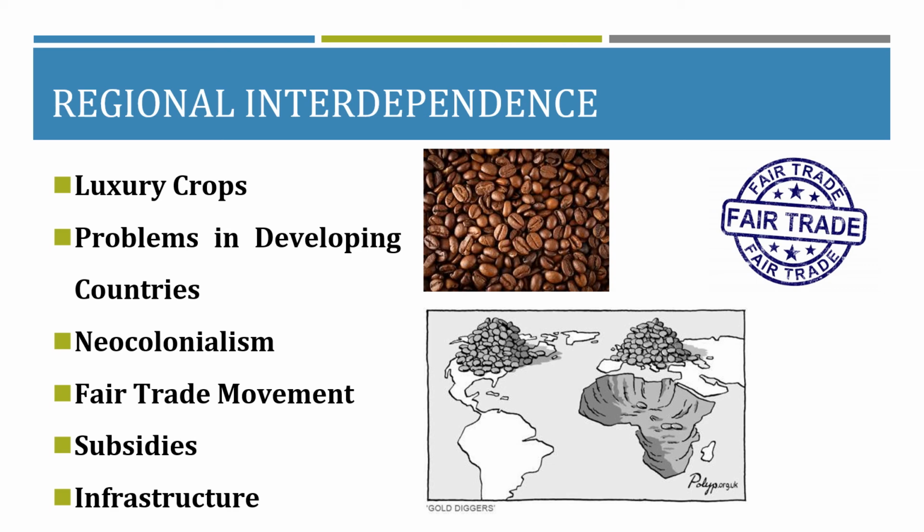And remember, population is growing rapidly in many of those countries. So they need more food, and yet they're actually growing less because they are devoting their land to growing these luxury crops for us in developed countries. This is all part of the system that we today call neocolonialism. Many times it's not the people in those countries who even own those plantations. It is the companies that are based in countries like the US. Companies like Folgers, a big coffee company, own a lot of land in less developed countries and grow these